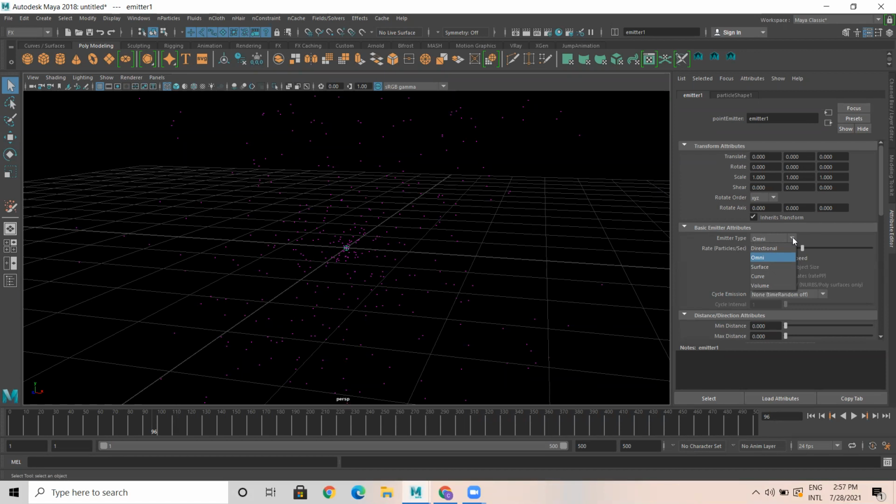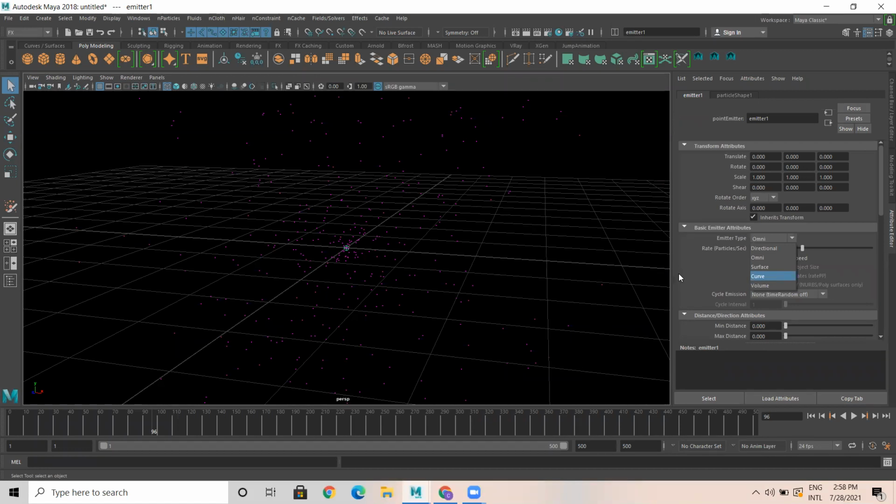Now, emitter, there are 5 different types of emitter. One is omni emitter, one is surface emitter, curve and volume. For surface emitter, you have to select some object. From the object it will emit, that is surface emitter. For curve emitter, you have to create some curve.